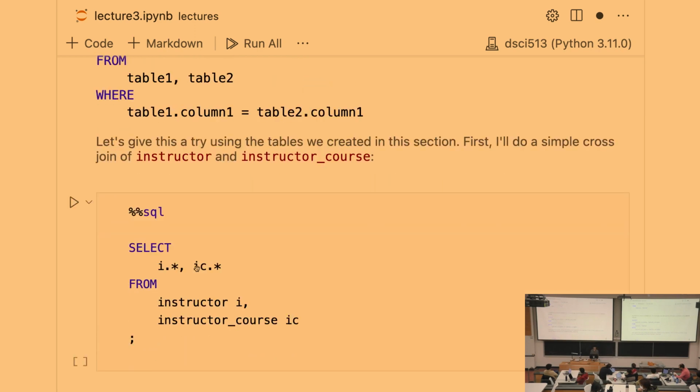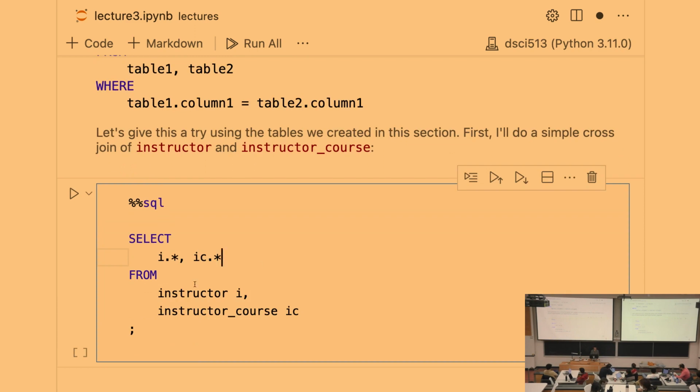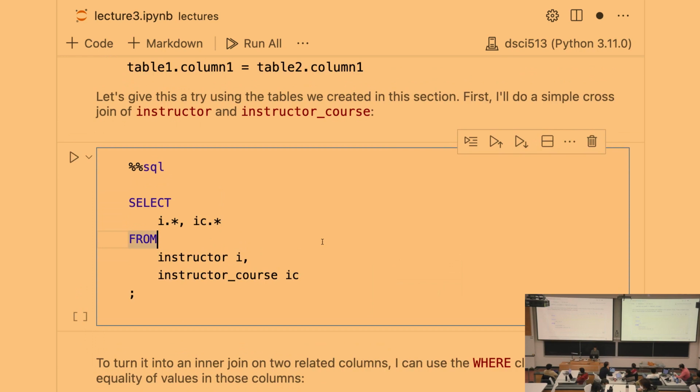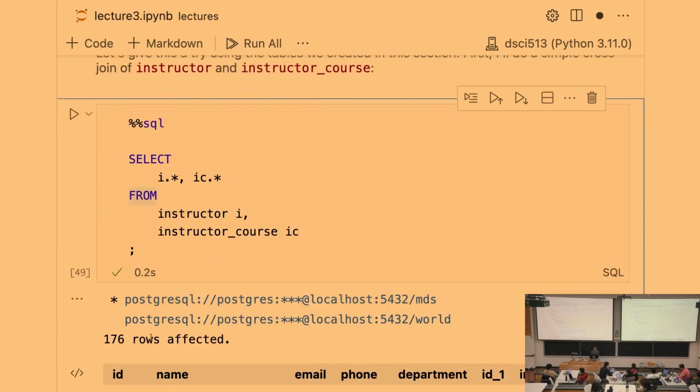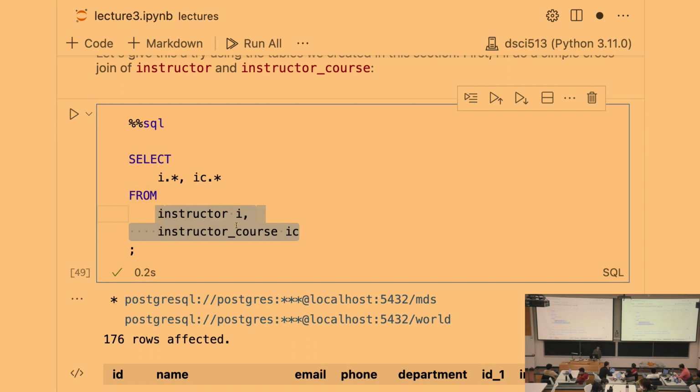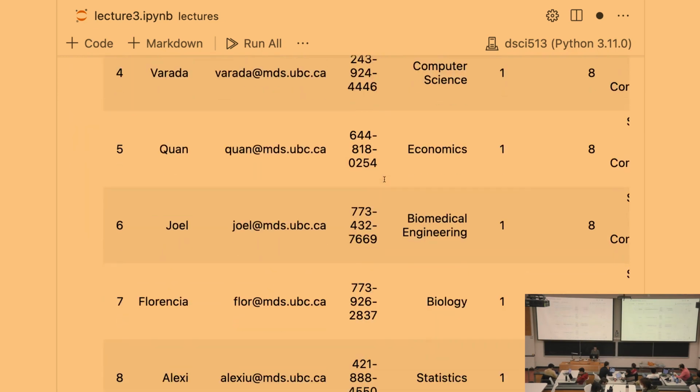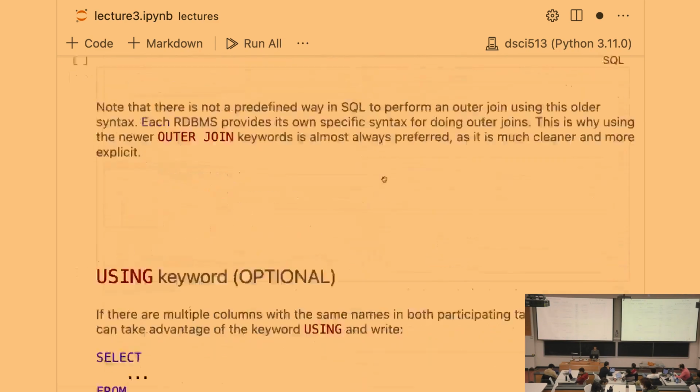basically. So if we apply something like this on the instructor course, just to show you that it actually does a cross join. You can see 176 rows affected here. And the from clause, unlike all of the from clauses that we have written so far, contains two tables, not just one. So this gives a cross join, and now we can go ahead and filter these results